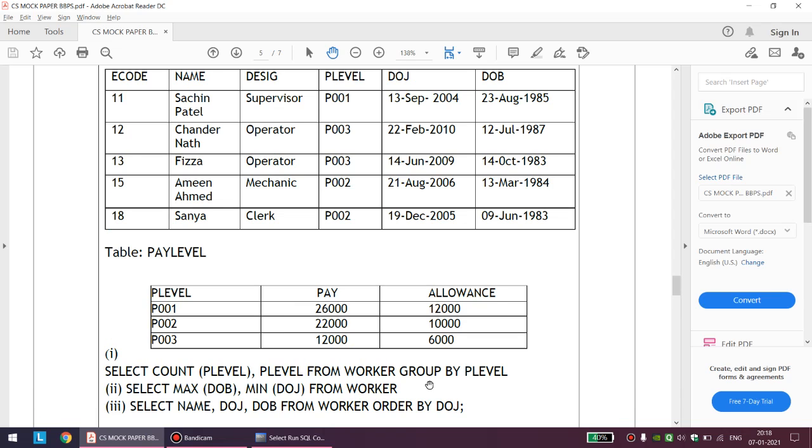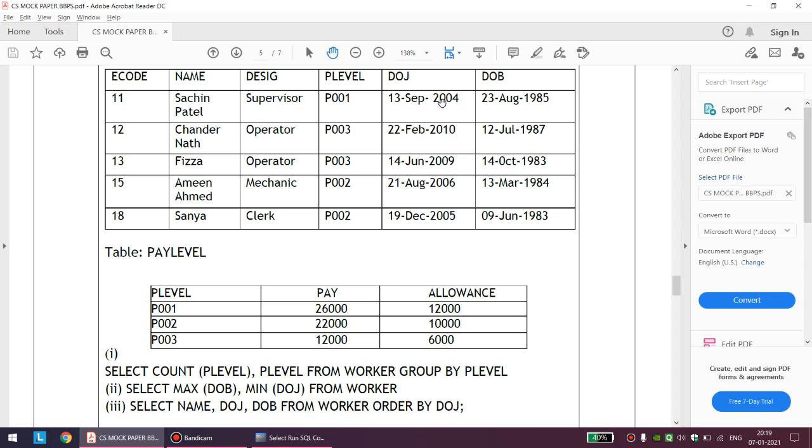Now order by DOJ, as I told you, will arrange the data by DOJ, and if we are not writing anything, please remember, by default it will do it in ascending order. Ascending order of what? Date of joining. So let us see.